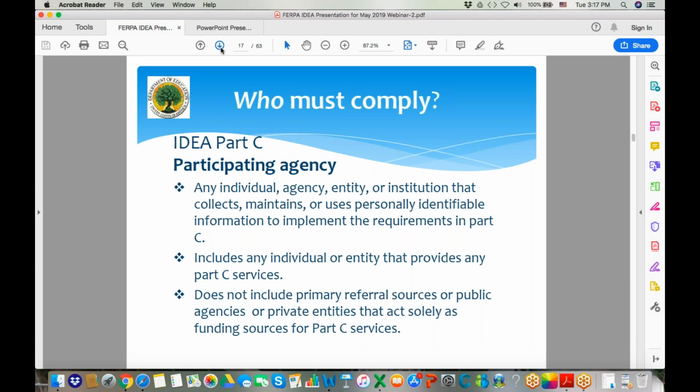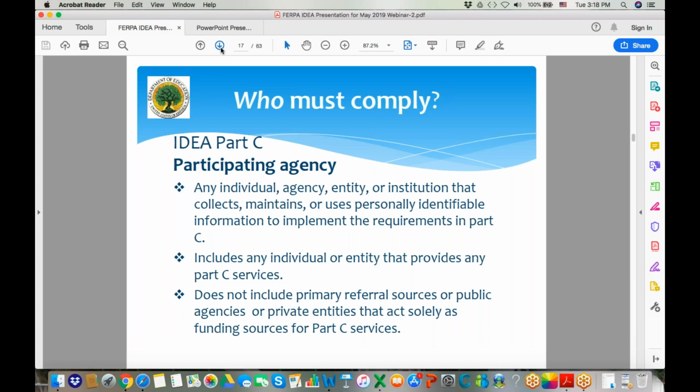For Part C, there are 2 additional provisions. It includes an individual or entity that provides Part C services of any kind. That can include service coordination, evaluation, whether a child is determined eligible or not. And finally, there's an exception to the definition of participating agency, and that's the 3rd bullet on this slide. The definition excludes